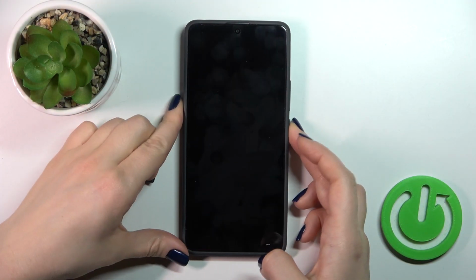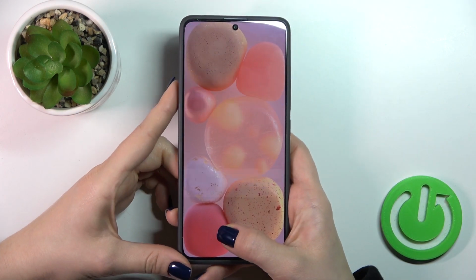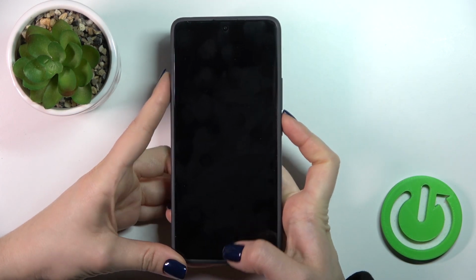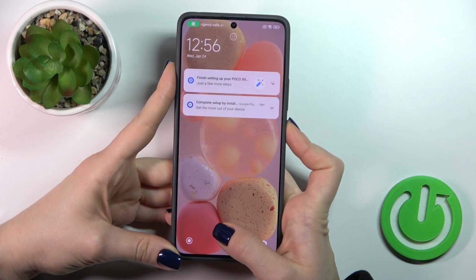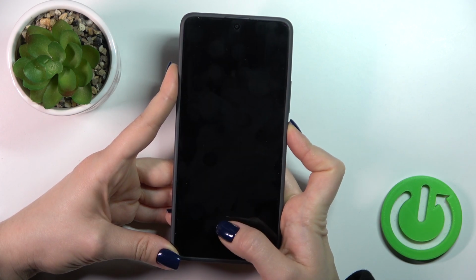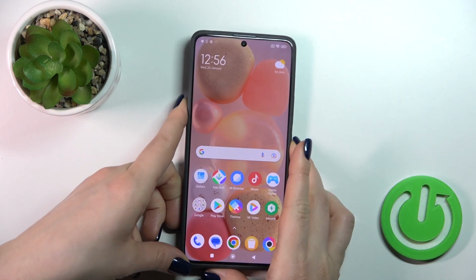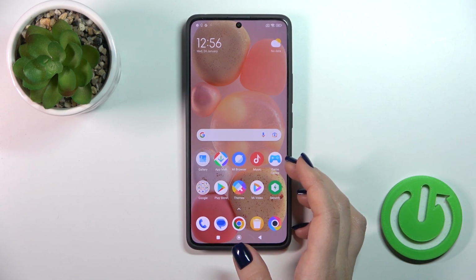So I just set up my fingerprint to the scanner, and now I'll make a couple of tries to unlock the device with my fingerprint, and we'll see how fast this option is and does it work. So let's start. 1, 2, 3, 4, 5. As we could see, the fingerprint scanner works here fast and correct, and we just unlocked the device successfully without